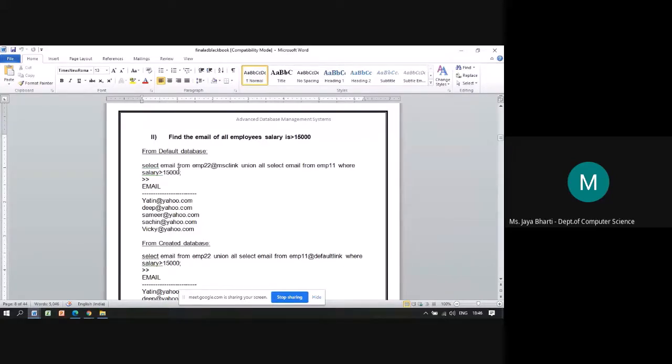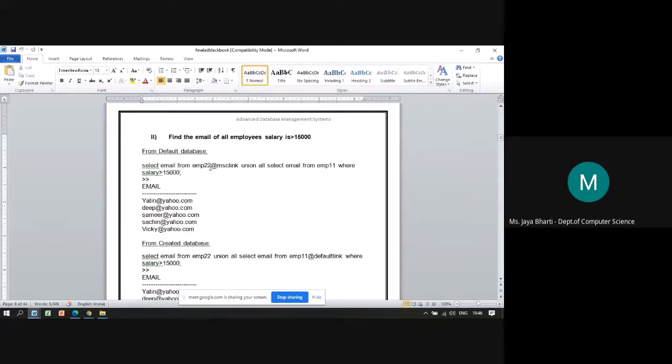So select email from EMP22@MSC link union all select email from EMP11. But which condition should be satisfied? The salary should be greater than 15,000. So it will select the email from both the tables for those whose salary is greater than 15,000. The result is Yatin, Deep, Samir, Sachin and Vicky. So those emails have been retrieved.